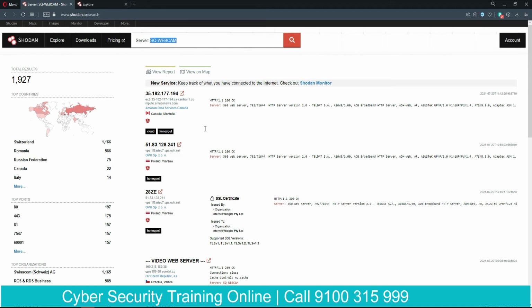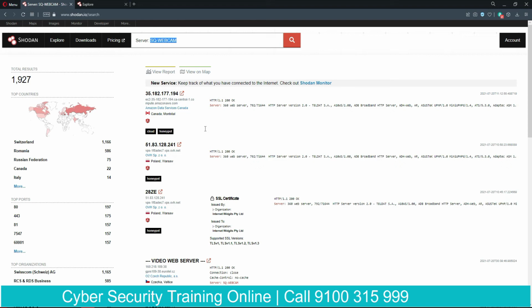So what is a banner again? Well, basically a banner is like something you put out on a shop. Let's say you are running an ice cream selling shop, maybe some XYZ ice cream shop. You put a board in front of your shop. That's a banner. The board will contain the variety of ice creams you may be selling, or your address, or maybe your phone number or email address. All this is a banner. So these banners are given by the web services which are running on these devices.